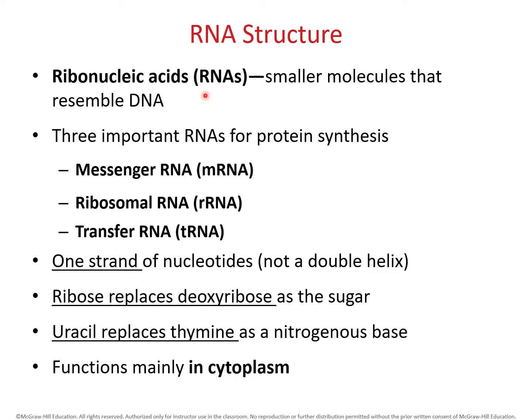And then you might also remember that both DNA and RNA are going to be associated with 4 nitrogenous bases. In DNA, one of those is thymine. Well, in RNA, we don't have thymine. We have a different one in place of that. In RNA, we have uracil instead of thymine. So you should definitely know that when we're dealing with RNA, we don't have thymine. Instead, we have uracil.